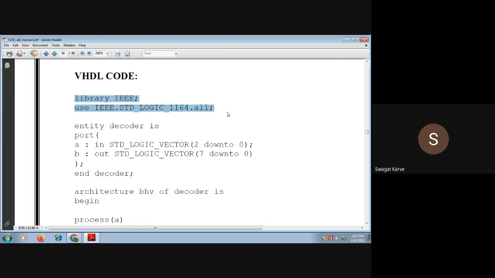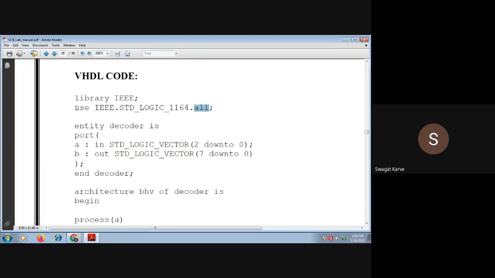What have we written there? Use IEEE, that means use the library that we have declared above, IEEE dot, and in that library which package you want: std_logic_1164. This is the package name. So this is library dot package dot items in that package, ended with a semicolon.